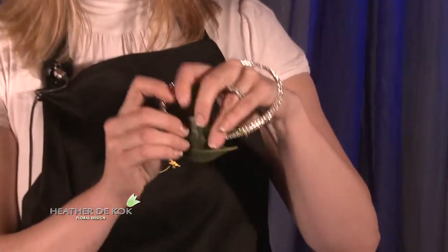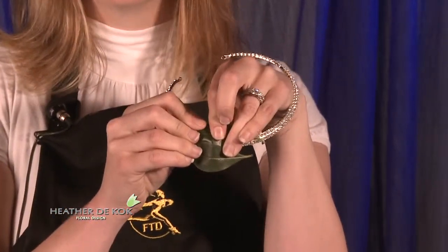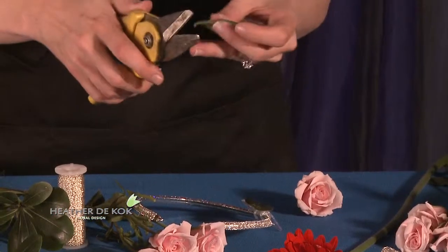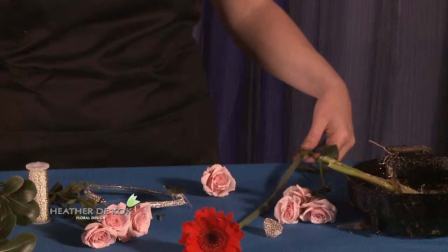So what we're going to do is we're going to take our little bit of pittosporum here, and I just want to cover up that bit of plastic with a bit of pit, right? So we're going to glue that together, and then I'm going to trim it a little bit because I don't want anyone, if they happen to be seeing it from an angle, to see the plastic. That's not very good mechanics. So I'm going to put this down. I'm going to just trim my pit. Actually, I'm going to trim a new